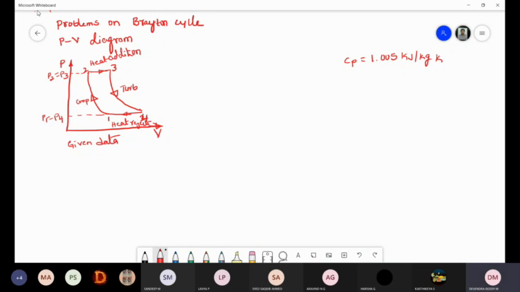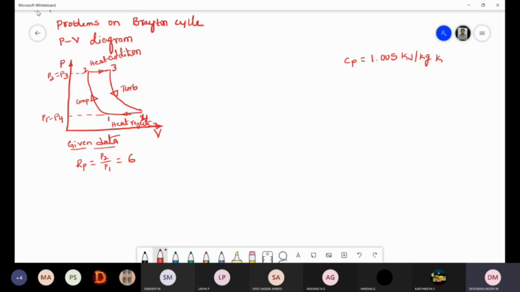now you tell me what is the value of Rp? Look at the problem. 6, sir. What is Rp? P2 by P1. What is the value? 6. It is given. And what is that? 101.325 kilopascals. Pressure. What pressure? Air enters the compressor of a turbine plant operating on Brayton cycle at